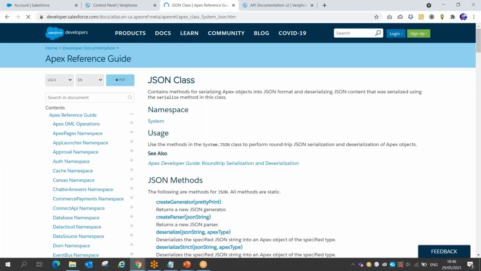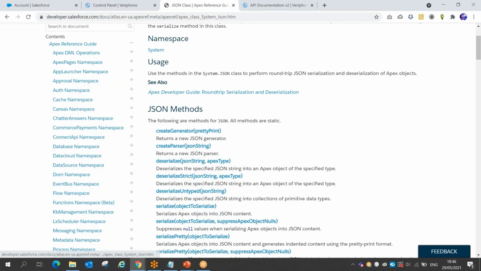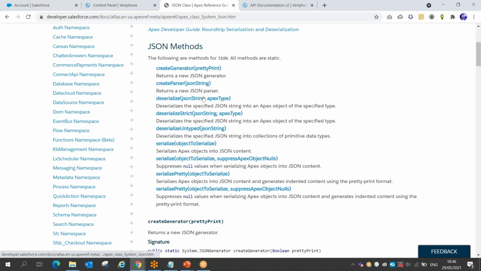That's the part we are going to do. Simply, this has one method, something like deserialize. Deserialize specified JSON string into an